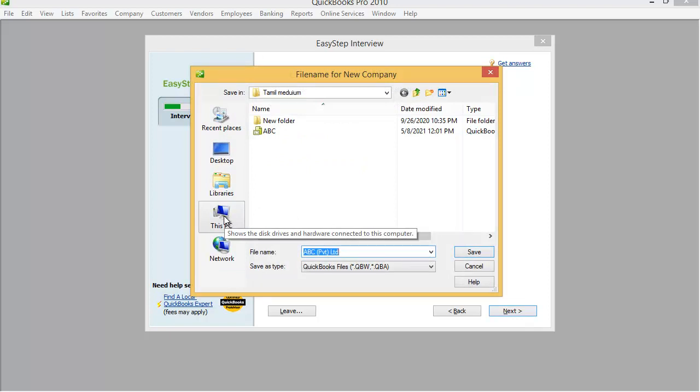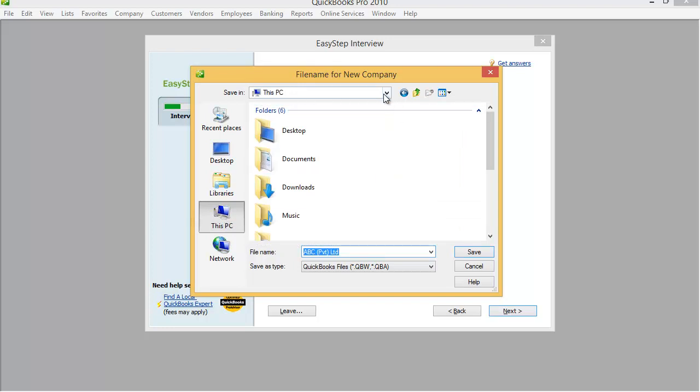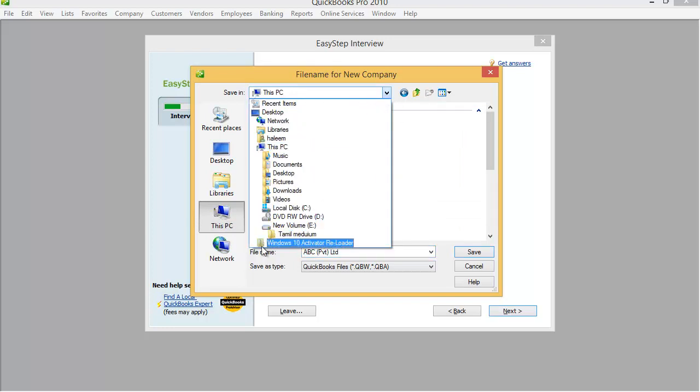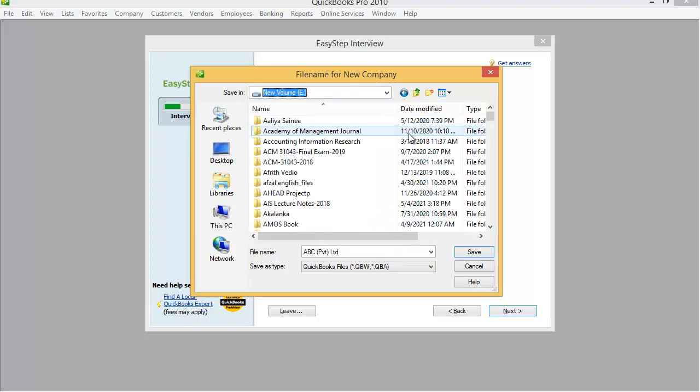For example, under the C drive, or any drive, if you are going to save all your files and databases, you have to click the directory. First of all, you have to click PC, double click, and click these drives. For example, under the E drive, if you are going to have a file,